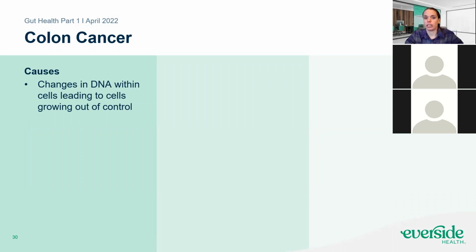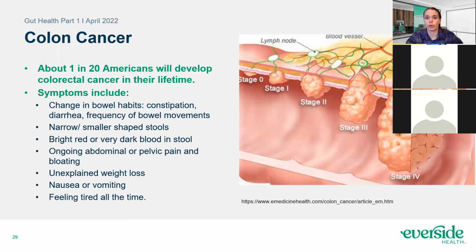Colon cancer involves changes within the DNA, which leads the cells to growing out of control. And real quick, looking back at this too, it starts as this tiny little polyp that kind of develops. So if any of you have had a colonoscopy and they said you have a polyp, it starts as this. The polyp usually kind of goes in the middle, and the cancer will start in the middle of the polyp. And by the time it gets to the 4th stage, it has spread through the lymphatic system to go out. So that's when they talk about metastasis. If you have metastatic cancer, it's gone to other areas of the body as it works its way out and goes into other tissues.